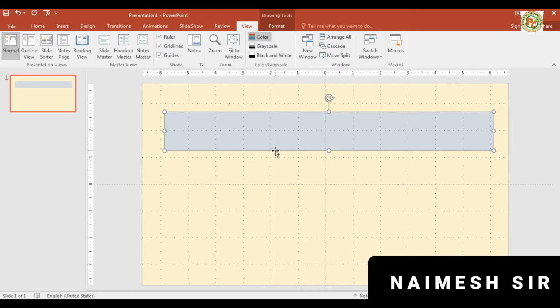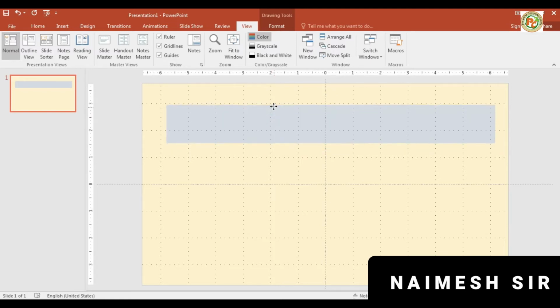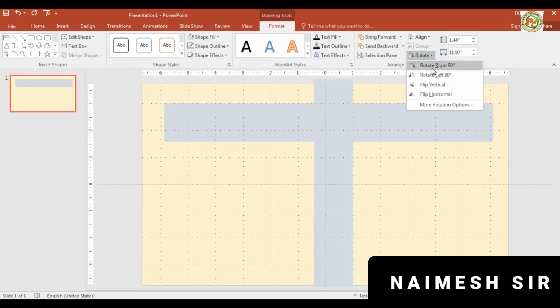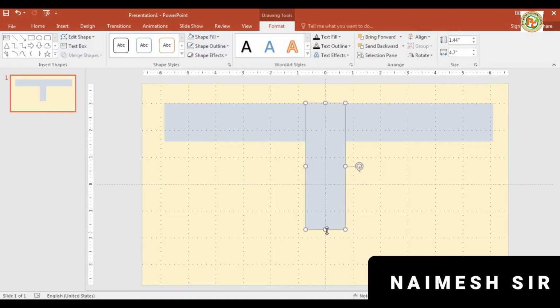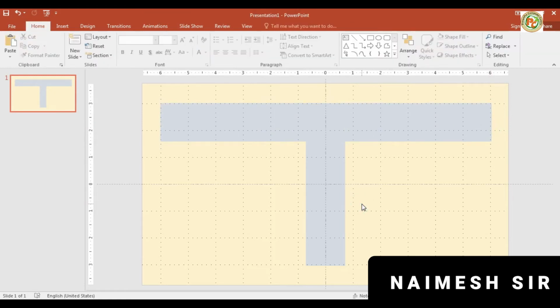Now we will arrange it like this. We will make a duplicate copy of this and rotate it upside. After this we will decrease the size of it. Now put it in the center, and if you want to increase it, then increase it till here. We'll copy this till here also. Yes, a little bit slower. Okay, this much we have done.